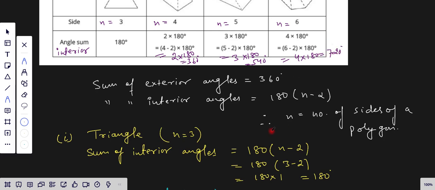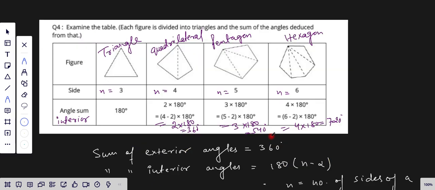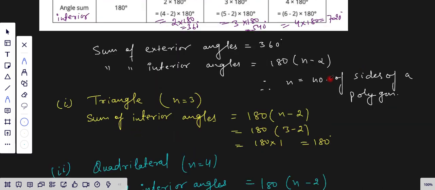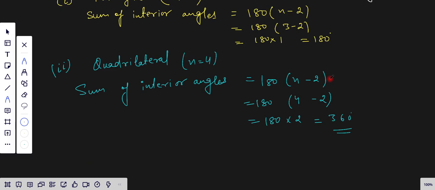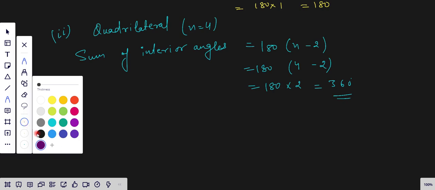Note it down first. Like I explained for the triangle and the quadrilateral, you can simply check for the pentagon and hexagon. Okay, so note it down first. Now I'll explain it for the hexagon. The pentagon is for your homework, you can examine it. I don't think that this color is visible to you all, so I'll take a different color.